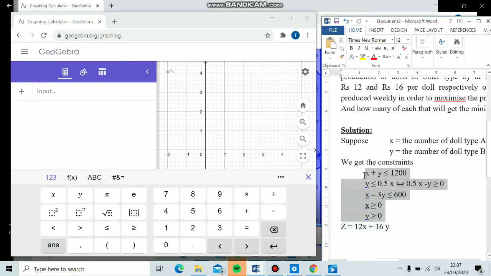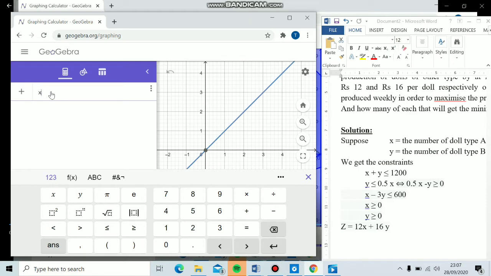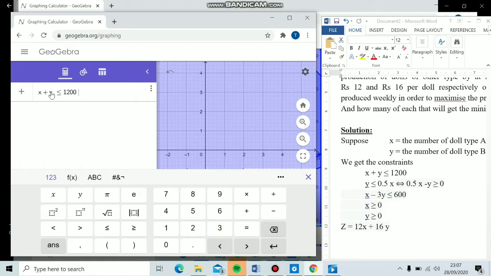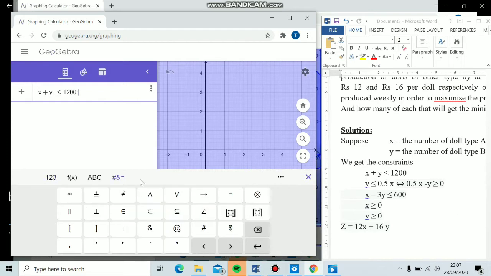We have 5 constraints. I will write here x plus y, and this is the first constraint, and to relate the first constraint and the other constraints, we use conjunction,